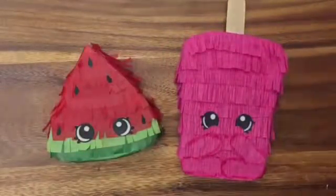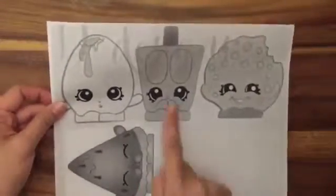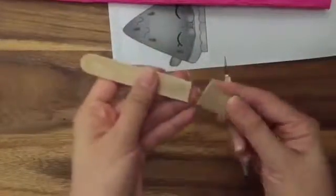So let's get started. For this tutorial, you will need a ruler, a craft knife or scissors, a printout of the Shopkins that you want to make the piñata for. I'm going to make this popsicle one. Crepe paper, and it's actually easier if you have this type of crepe paper, but I only have the big sheets, so I'm going to use the big sheets. You can certainly use this type of crepe paper, crepe streamers, in the color of the Shopkin that you want to make. Tape, a craft stick or popsicle stick, but this is because I'm making a popsicle